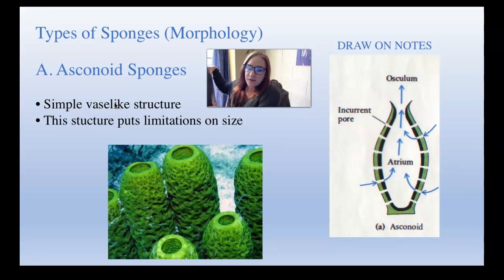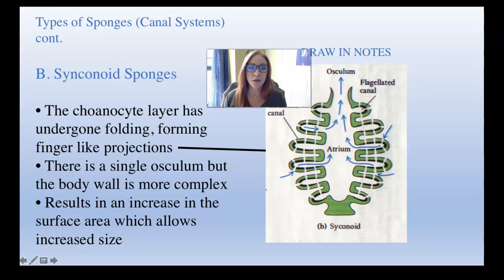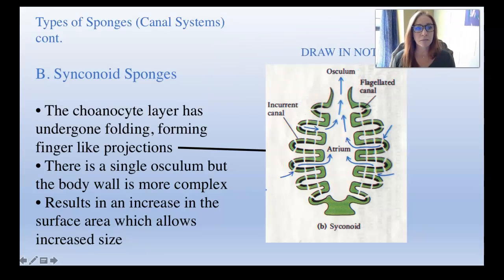So these are simple vase-like structures. They have one osculum at the top, covered with ostia. They've got that one spongiceal in the middle. So again, you should draw that and draw the flow of water. Make sure you label the ostia or incurrent pores, atrium, osculum, okay? Okay. Second one is called